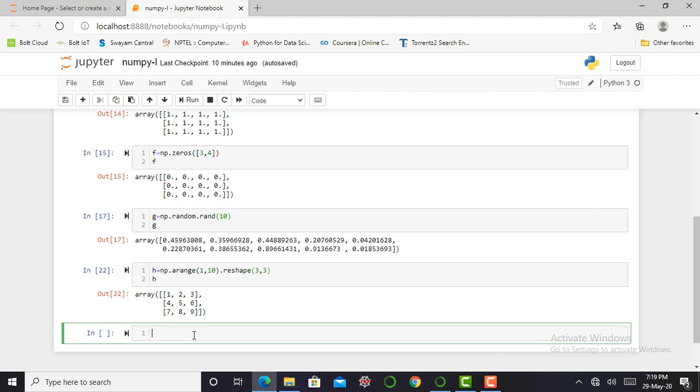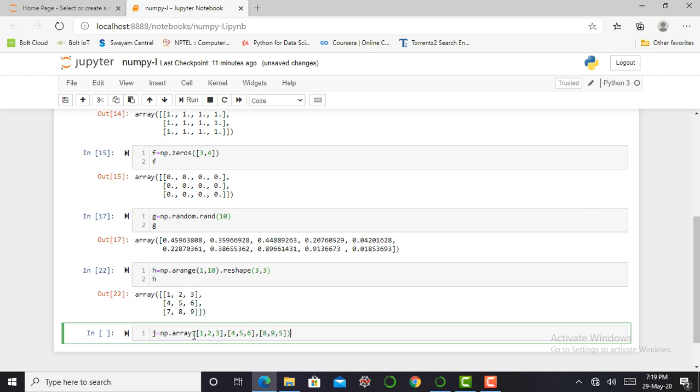The next topic is the last topic of our video, and in it we will see how we can create a 3 by 3 matrix without using the reshape method. We can simply create an array, square bracket, 1 2 3 comma, again square bracket, 4 5 6 comma, again square bracket 7 8 9.